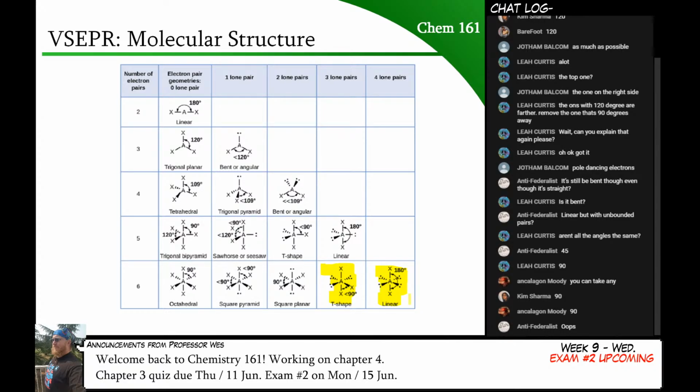Also listed on here are a bunch of bond angles. The bond angles are helpful for letting us determine geometry by just looking at what the angle is. We can also make some predictions about bond angles. It's worth knowing what the angles are, just so you can say, oh, those are all 90 degrees, and then you can remember, okay, I have to take this electron pair first on, say, trigonal bipyramidal.